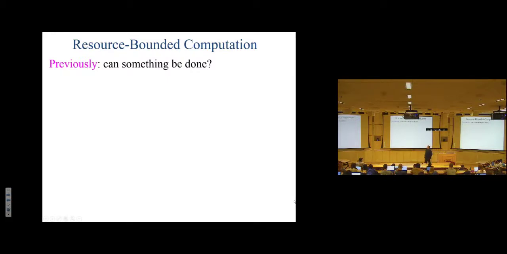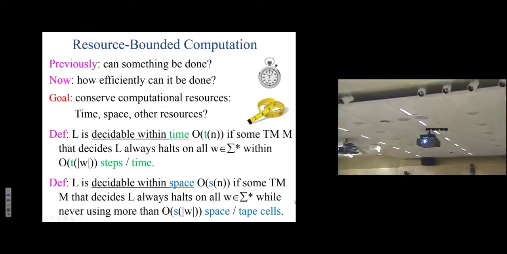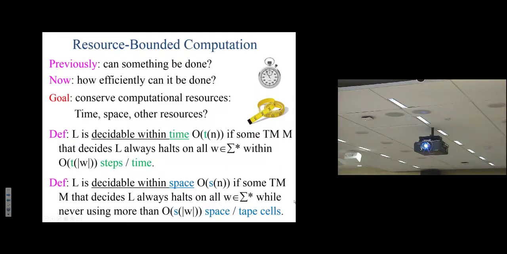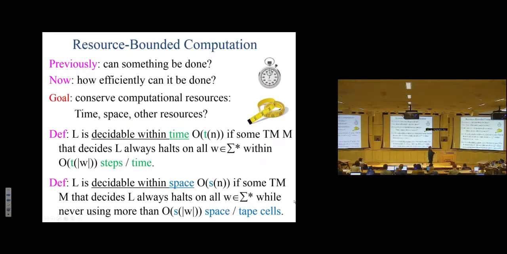All right, so last time we left off talking about resource-bounded computation. We said that not only are we interested in what can or cannot be done algorithmically, even in theory, but how fast, how efficiently we can do these things in terms of time, space, and perhaps other resources. So we said the language is decidable in a certain time asymptotically if it can be recognized by an always-halting Turing machine within that time, as a function of the input size. So the input is size n, and the function is t of n, t for time, s for space, and